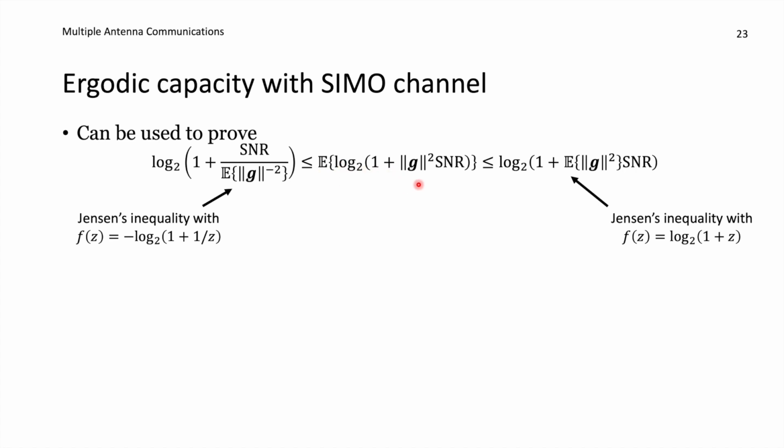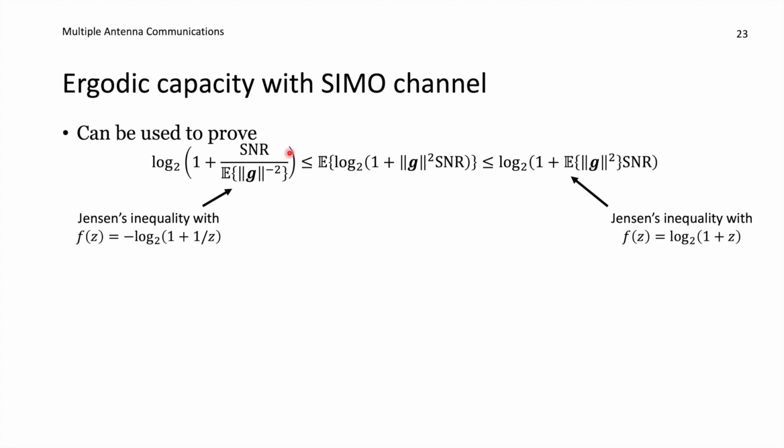of log 2 of 1 plus the squared norm of g multiplied with SNR. And it's the squared norm here that is the random thing. If we apply Jensen's inequality and consider that we have this concave function f of z equal to log 2 of 1 plus z, well, then it's the squared norm of g multiplied with SNR, which is z. We can move the expectation into the inside. We get the expectation of the squared norm multiplied with the SNR. If we let z be 1 divided by the squared norm times the SNR, well, then it says 1 over z here. And we can apply Jensen's inequality in the backward direction to get the lower bound in this particular